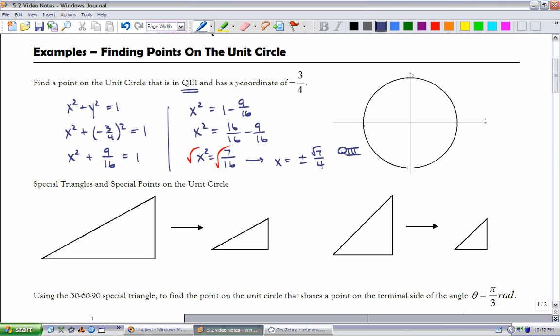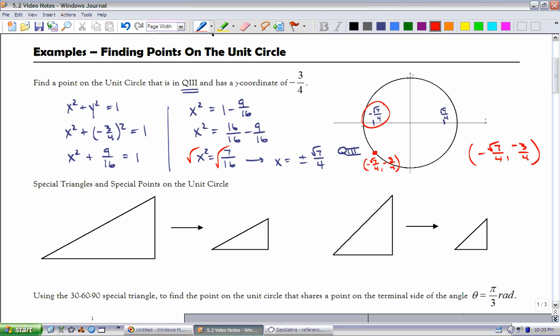Now, what we need to understand here is, in this case we have two coordinates for x. Here, somewhere over here, is negative square root of 7 over 4. And somewhere over here is the positive square root of 7 over 4. We are looking for this one because that's the only one that would give us a point in quadrant 3 that would have a y value of -3/4. Okay, so our final answer is the point negative square root of 7 over 4,